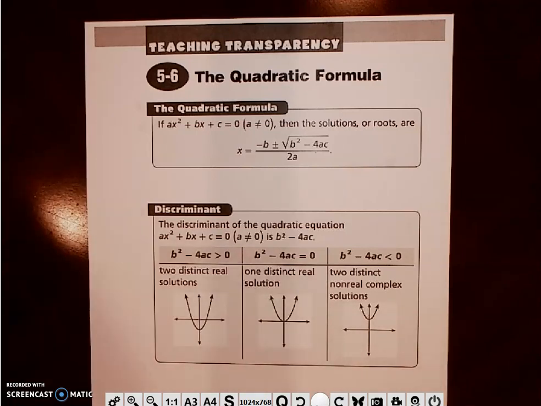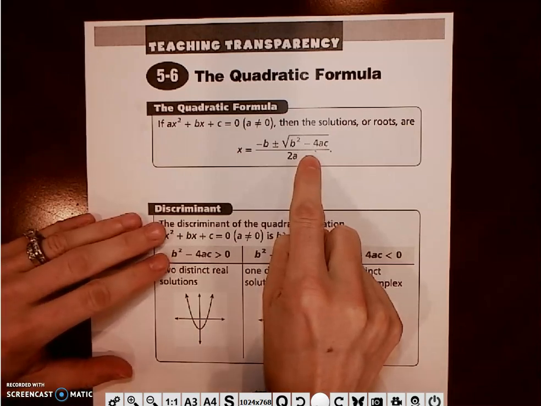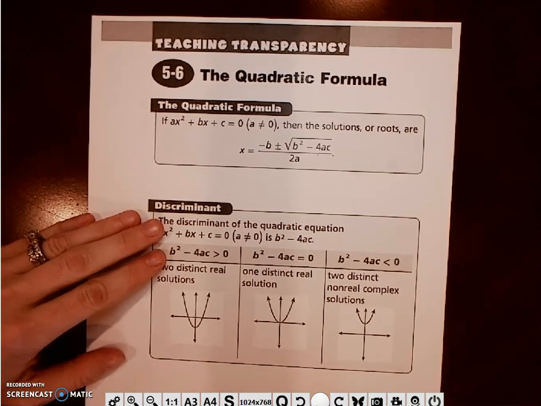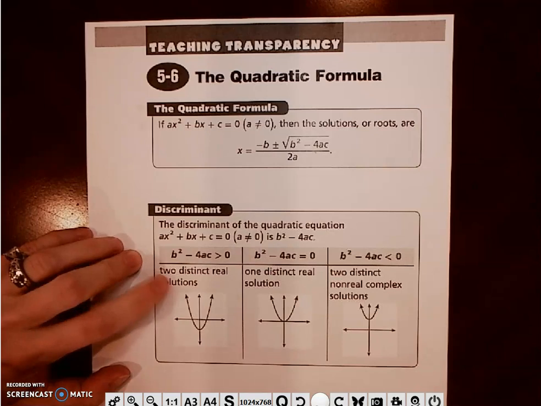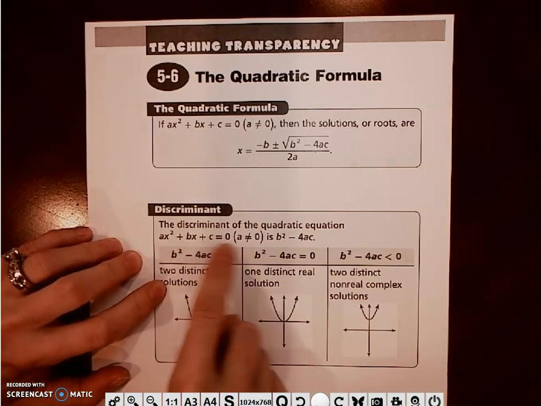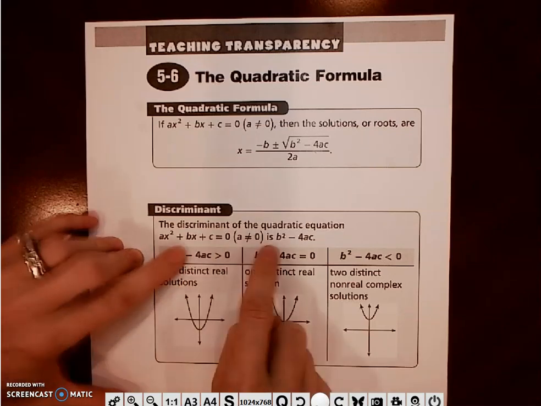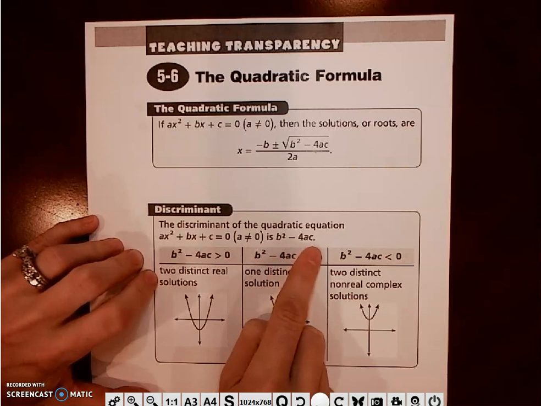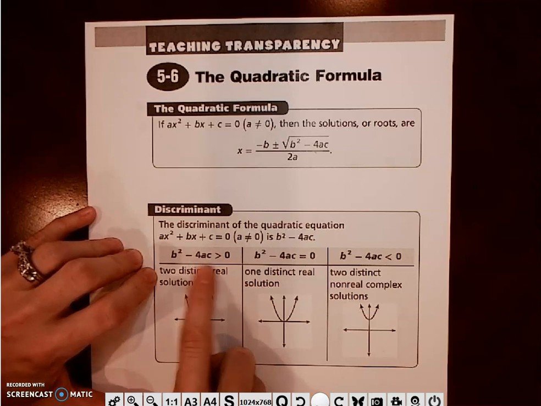Okay, so the first thing I want you to see is that the discriminant is actually what you see underneath the square root sign. So b squared minus 4 times a times c is our discriminant. Okay, our discriminant actually tells us a lot about a graph. So when I look at the discriminant, b squared minus 4ac, if you were to evaluate it looking at standard form, ax squared plus bx plus c, we're taking b, squaring it, minus 4 times a times c. When you solve the discriminant, if it is greater than 0,